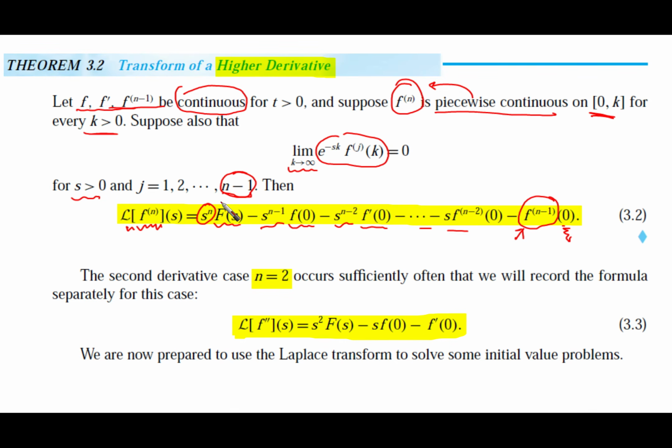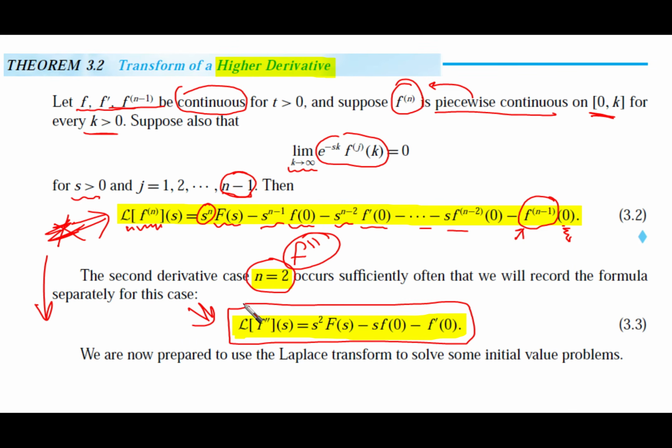What I want you to remember from this is the coming part, which is the case of the second derivative, whenever we have f double prime. This is most commonly what you are going to see in our examples and problems, so you need to focus on this. If you do not understand this derivation, don't worry about it. Just worry about this part. Remember this part,